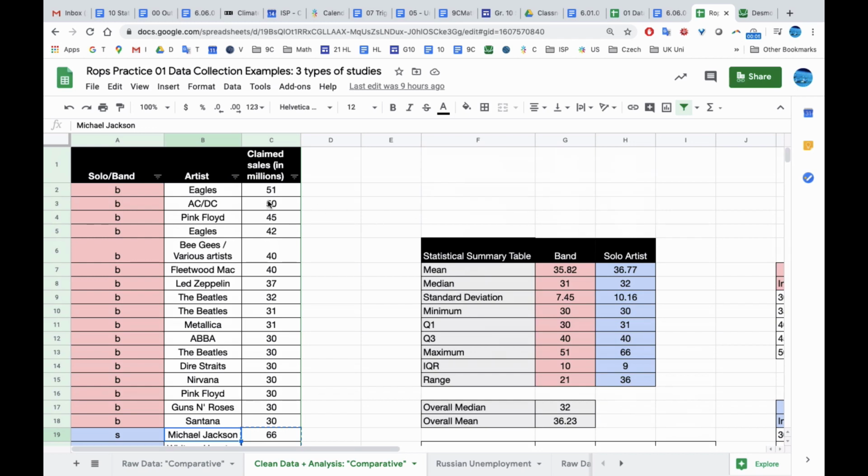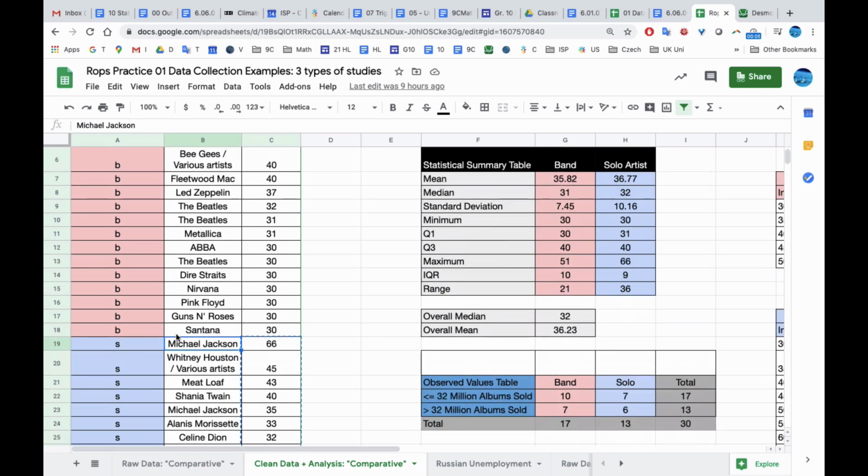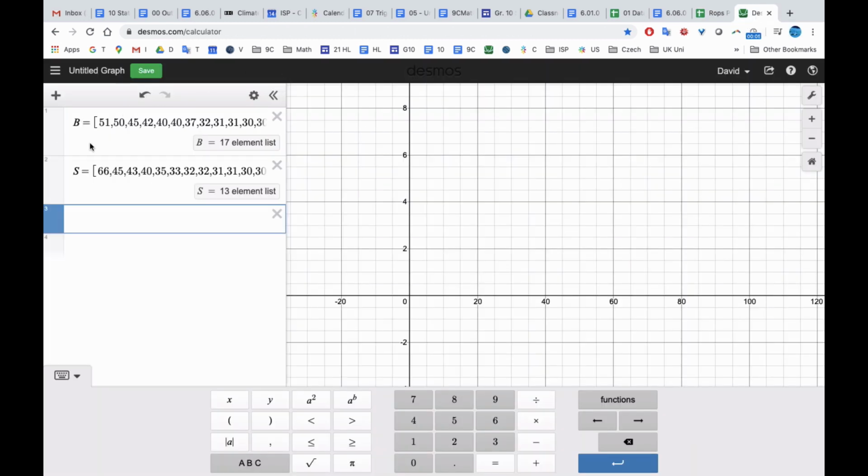Okay, so here we are. We have the most sold albums of all time broken up into solo artists and bands. And I've put two different lists, just cut and pasted them, into DESMOS, B for band, S for solo. And the thing I'm going to do now is what's called a